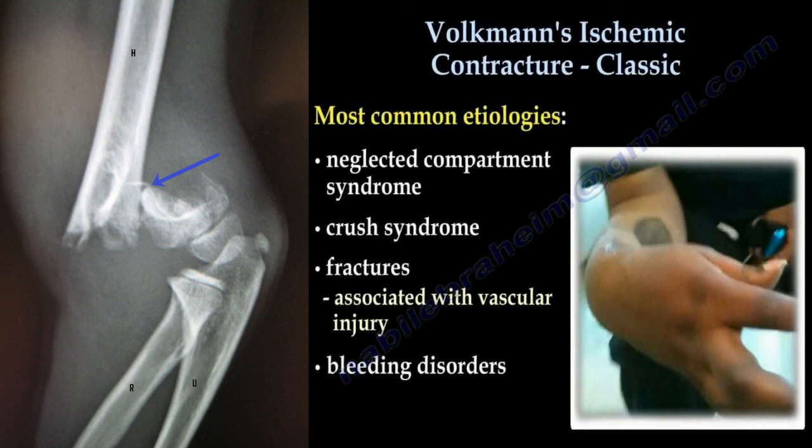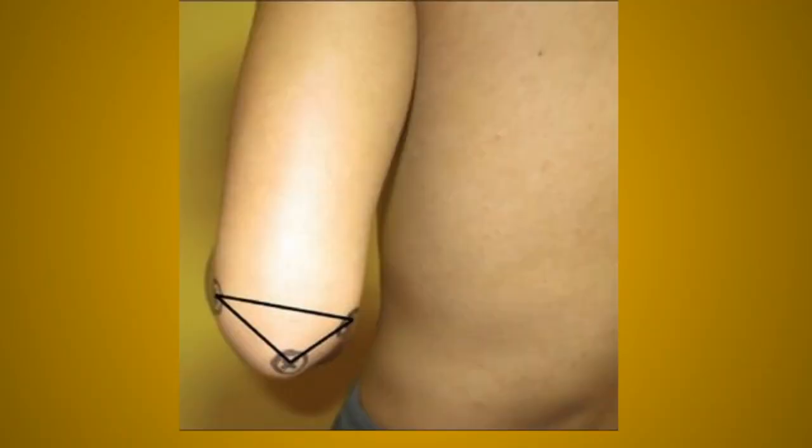This is actually caused by occlusion of the brachial artery because of the fracture in this area. Now the next very important thing is the equilateral triangle formed in your flexed elbow. Whenever your elbow is flexed, three structures, the lateral epicondyle and medial epicondyle of the humerus bone, and the olecranon process of the ulna, form an equilateral triangle like structure.